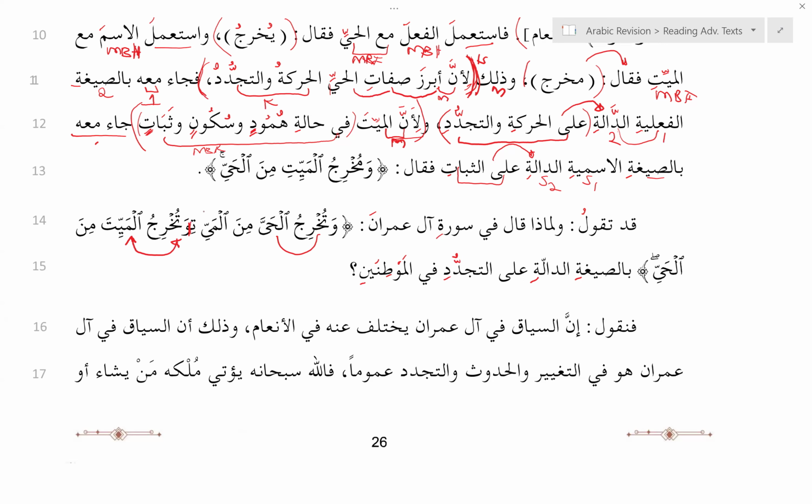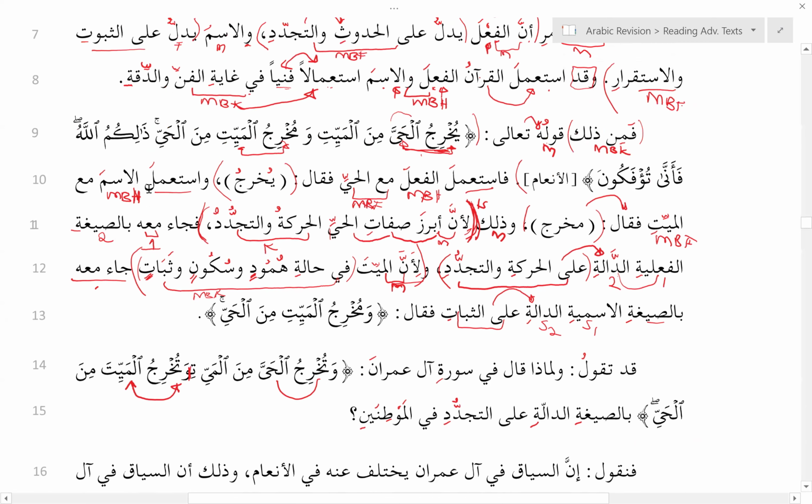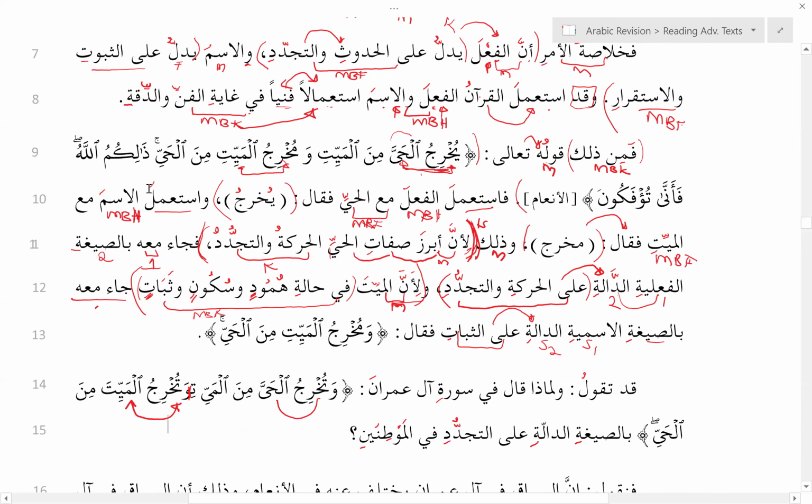So why is it that Allah used this particular sentence structure in Surah Ali Imran? Now he's anticipating somebody arguing with him, because he brought out the argument that jumla fi'aliyah comes with something that has motion, a lot of haraka, movement, renewal. That's why he paired jumla fi'aliyah with the living, and jumla ismiyah with the dead, because the dead is motionless, still, permanent.